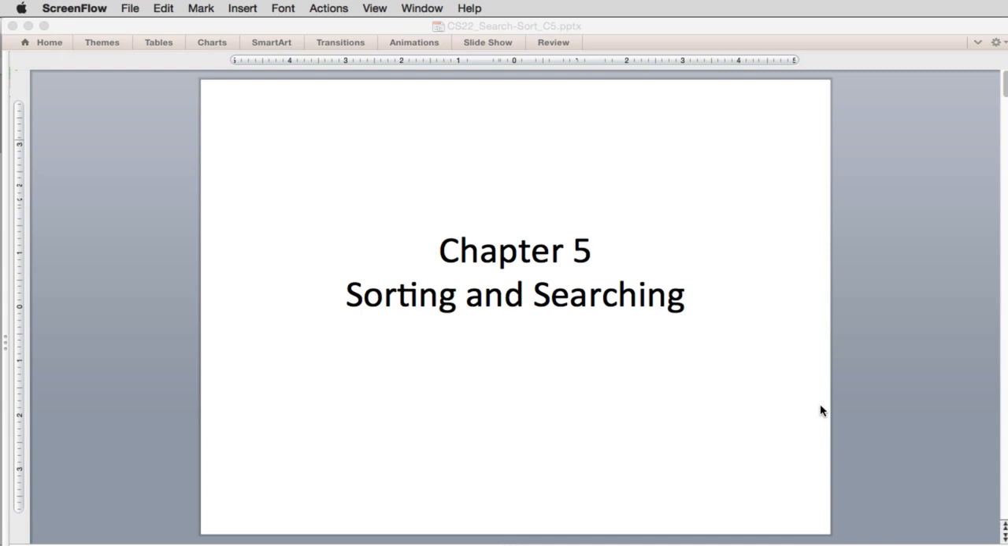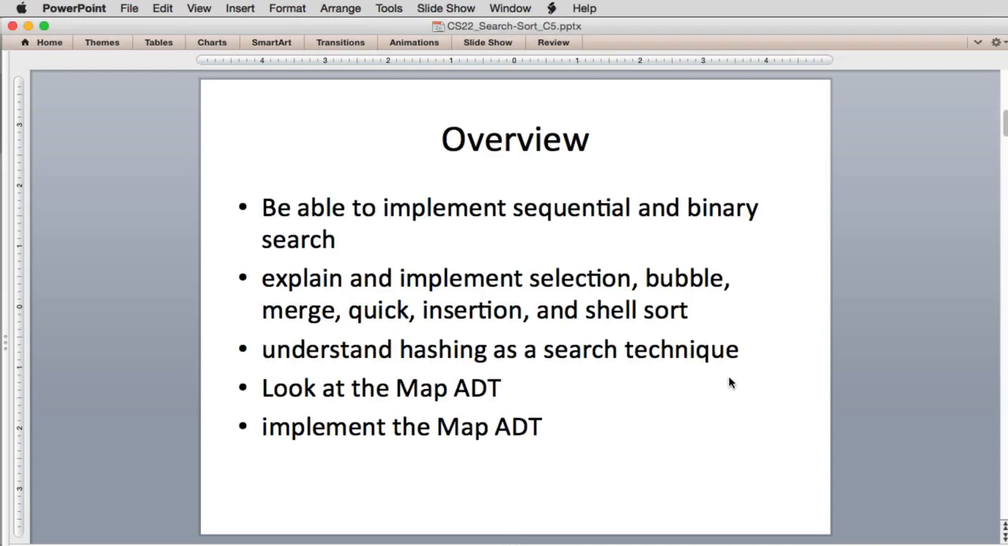Okay, we're starting the chapter on sorting and searching. What we're going to be covering in this chapter: we're going to cover sequential searching, two forms of that, and we're going to cover binary searching, which is more efficient. Then we're going to look at